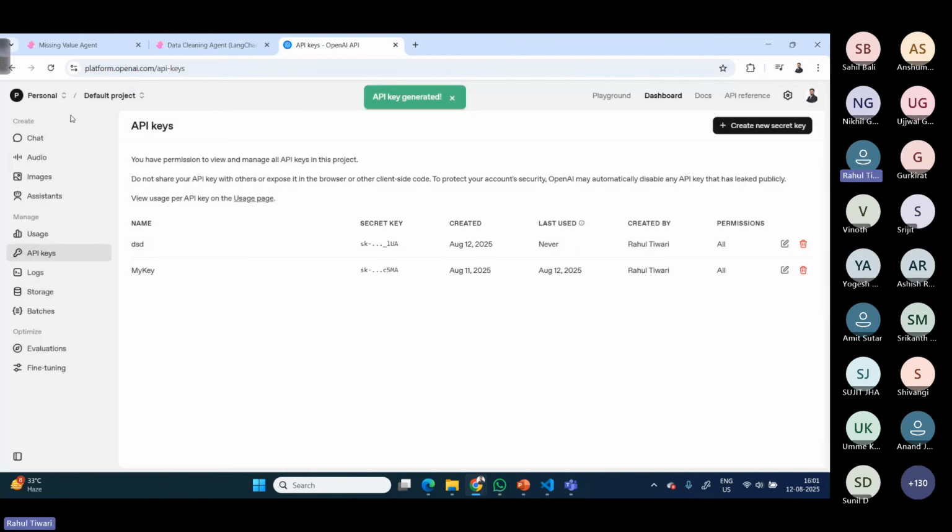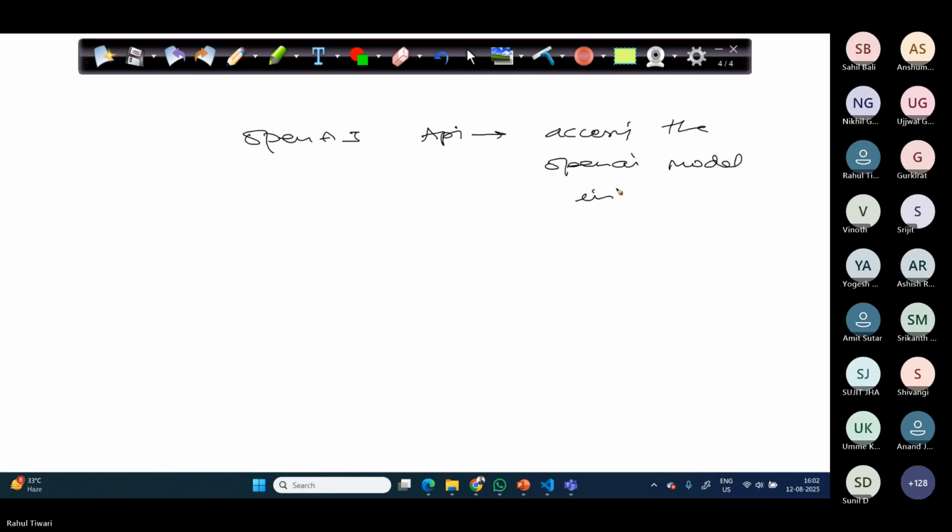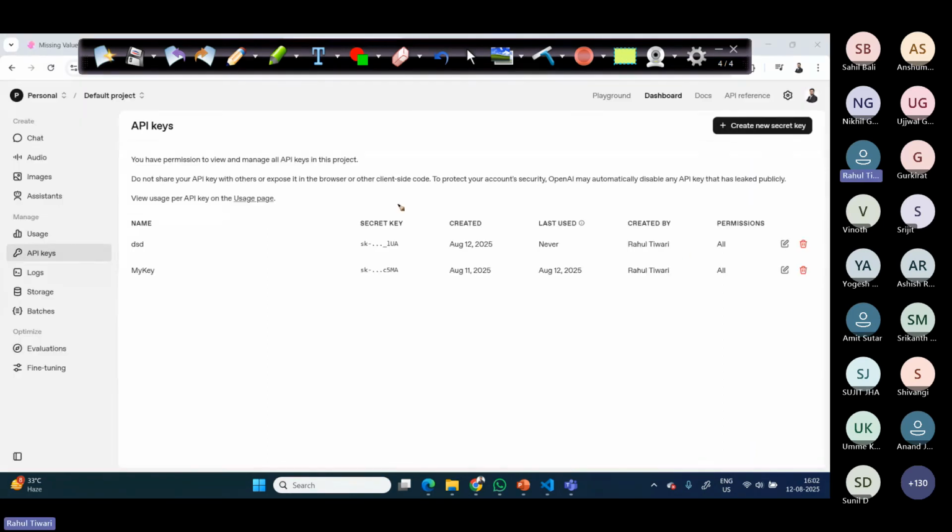Now, what is an API? OpenAI created a model, and they are giving us that model to use in our applications. So the OpenAI API key is basically how we are accessing the OpenAI model. I was using the 4o mini OpenAI model in my application. That is what we are doing. You can create your account here and generate the key as well. It will cost, obviously,